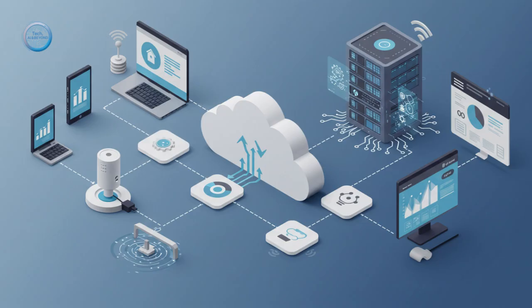For long-term, highly durable, and cost-effective storage of vast amounts of data, structured, semi-structured, unstructured, raw, a data lake is the standard approach. Typically, services like Amazon S3, simple storage service, or Azure Blob Storage are used as the foundation for data lakes. You can basically dump petabytes of data into them in its native format relatively cheaply. The key idea is flexibility. You store everything now, and then later you can apply different processing tools or analytics engines like Spark or query services like AWS Athena or Azure Synapse on top of that data lake to extract insights.